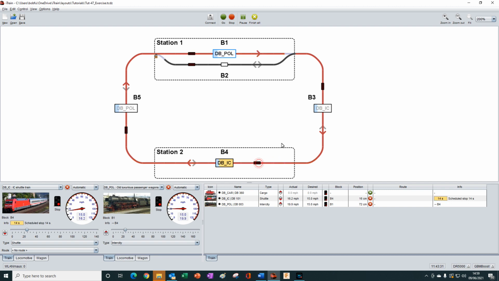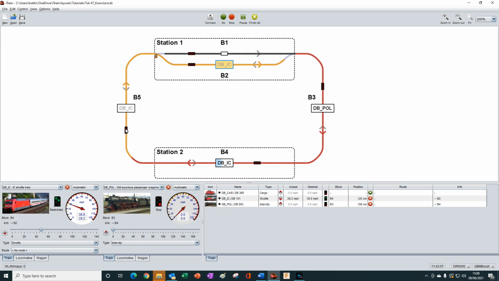We'll progress DBIC. db poll has been released, but can go no further yet because DBIC is waiting here. And when that wait has finished,